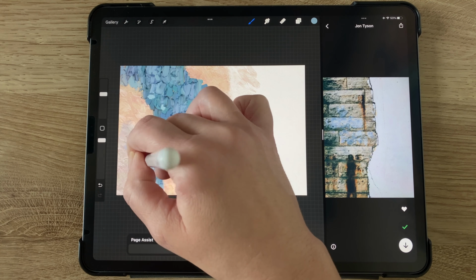Now I'm going with this almost off-white color, and I've still got the streaky soft palette knife selected, and I'm continuing to rough up the texture.